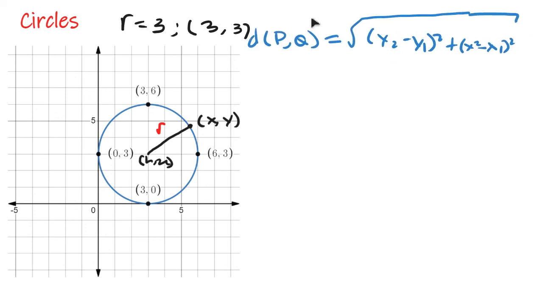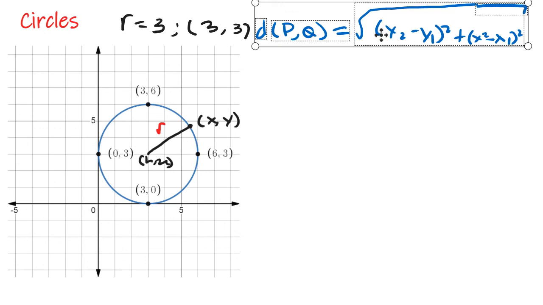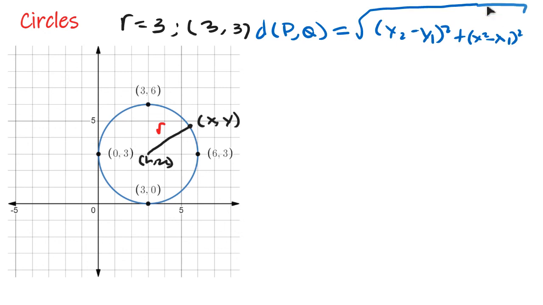So this is going to be our equation that we're going to use. Now, how are we going to find this? If we labeled these as P and Q, it would actually be the same thing, because we just need to find the distance, which is r, and that's going to be the square root of